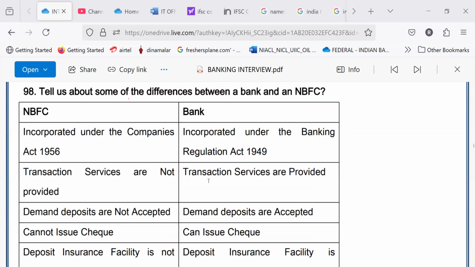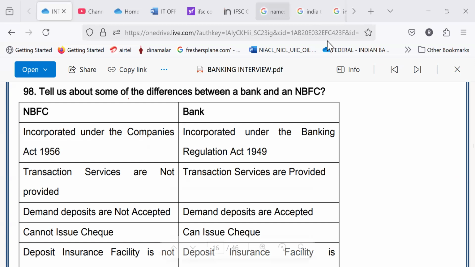That's what it is. Continue 98. Tell us about some of the differences between a bank and an NBFC. NBFCs are incorporated under the Companies Act 1956, while banks are incorporated... sorry, now it should be read as incorporated under the Companies Act 2013. There has been a change. 2013. Continue. While bank has been incorporated under the Banking Regulation Act 1949, in NBFCs transaction services are not provided,